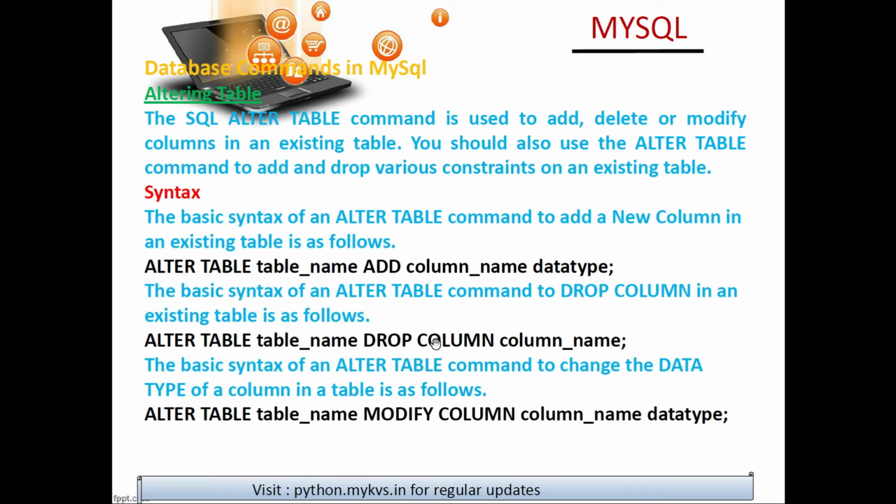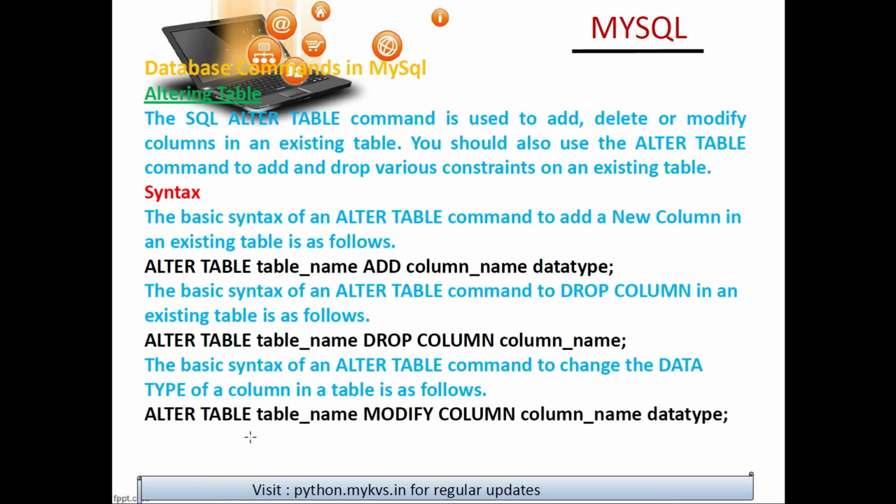Suppose you have forgotten to add a column, so the alter table command will help you out. Add column name, data type. And if you want to remove any column, you give the command drop column, column name. And if you want to modify the type of a column, suppose you want to change it into varchar, you can use alter table, table name, modify column, column name and the data type you want to use.